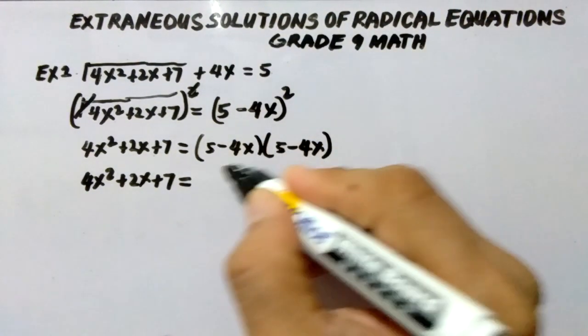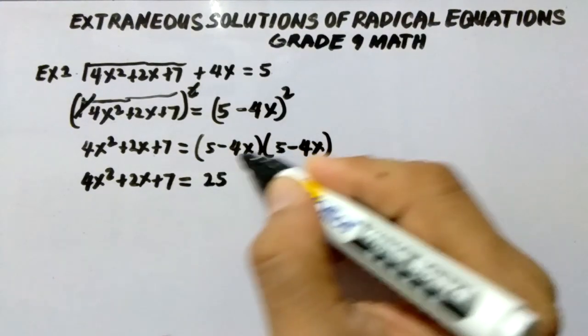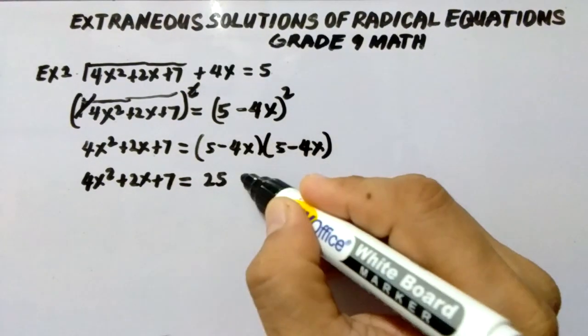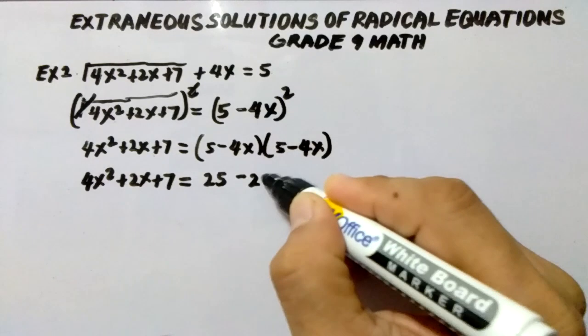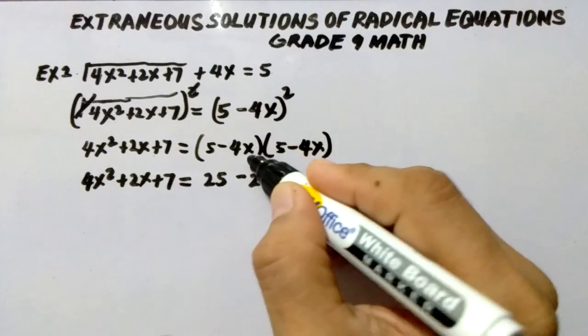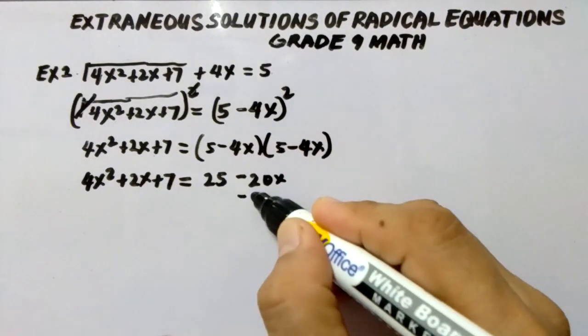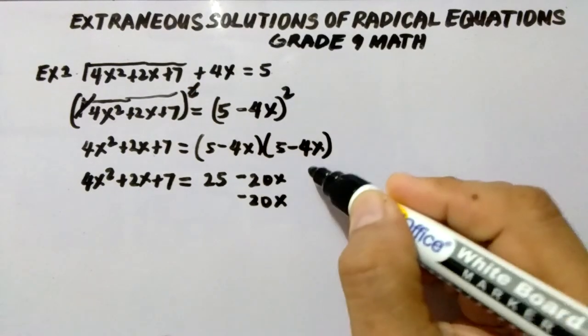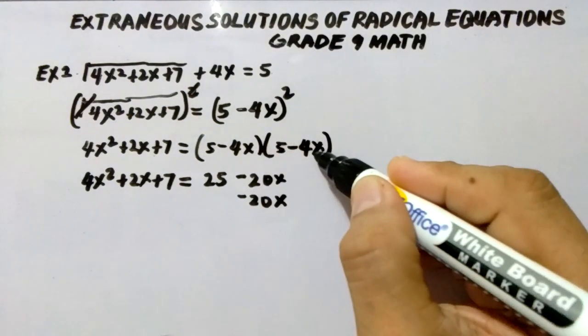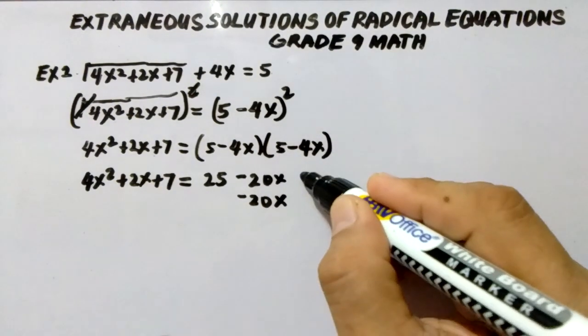So, 5 times 5, that is 25. So, 5 times negative 4x, that is negative 20x. So, negative 4x times 5, that is negative 20x. The negative 4x times negative 4x, that is positive